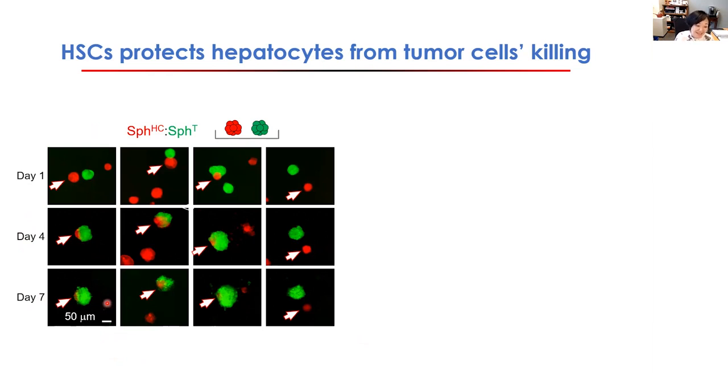So you can see they literally swallow this red hepatocyte organoid, these spheroids. In different areas, you would see the disappearance of the red fluorescence and the expansion of the green fluorescence. But even those hepatocytes that are not in direct contact with tumor spheroids gradually diminish as well. So they're just not able to handle tumor cells being around.